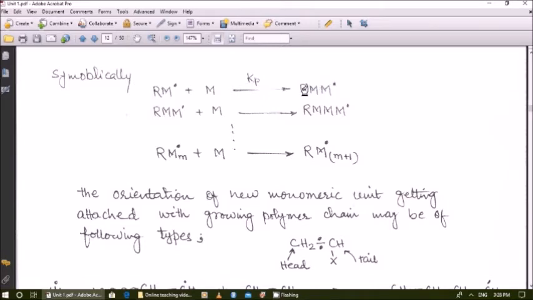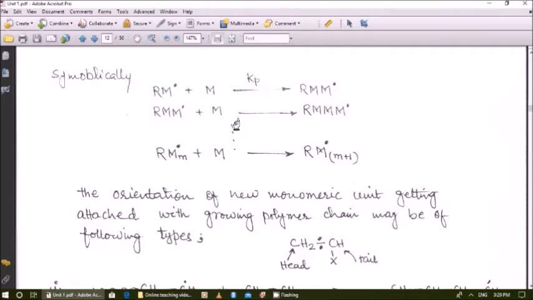At this stage, the free radical has combined with two monomeric units, and the rate constant for the propagation reaction is represented as Kp. Okay, now this intermediate RMM• will again attack another monomer, and it will form RMMM•. So you can see the monomer is continuously getting attached to the growing polymer chain, and likewise